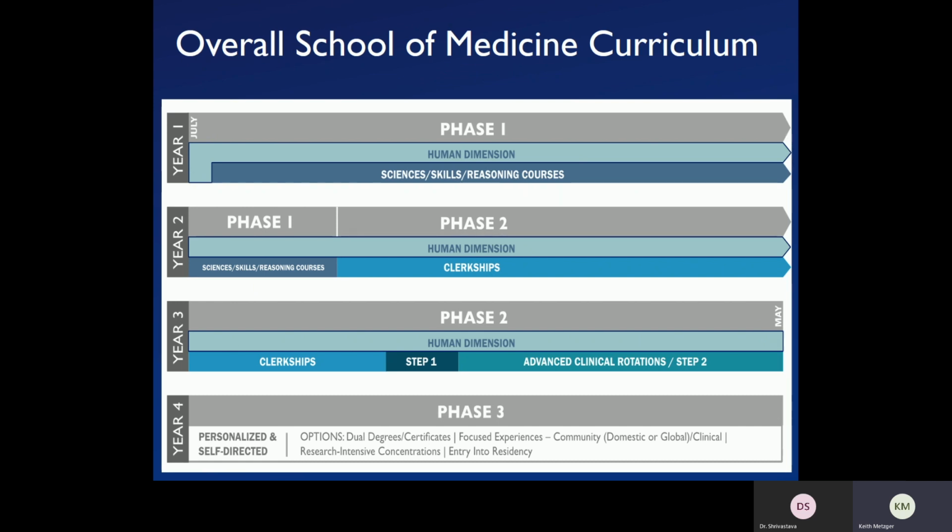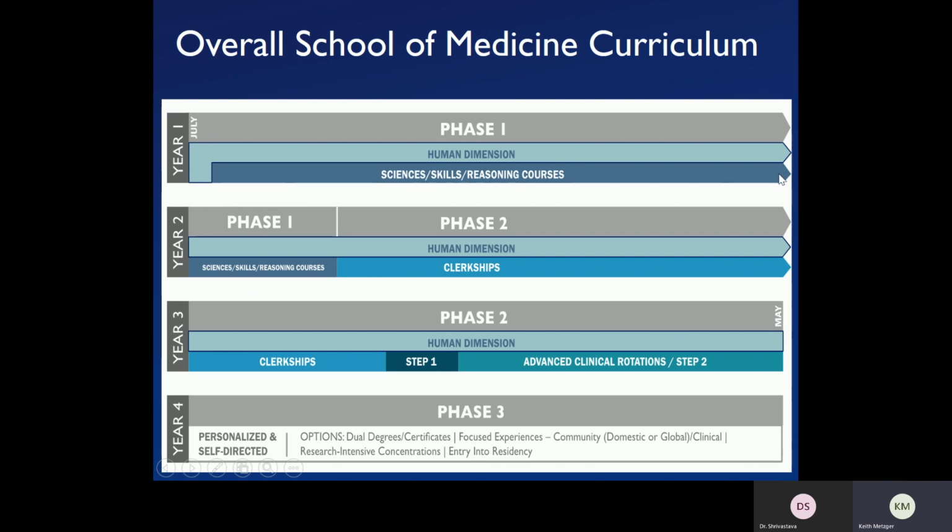They help to shepherd them in some ways through the medical system, but really the goal there is to help our students understand what things look like from the perspective of a patient. And they're embedded within communities in the area. We have been really fortunate to have strong relationships with a lot of our community organizations in the area, so they can really help find the families that best instruct the students about the principles that we'd like them to see. At the same time, the students are in phase one in one of what we call a sciences, skills,